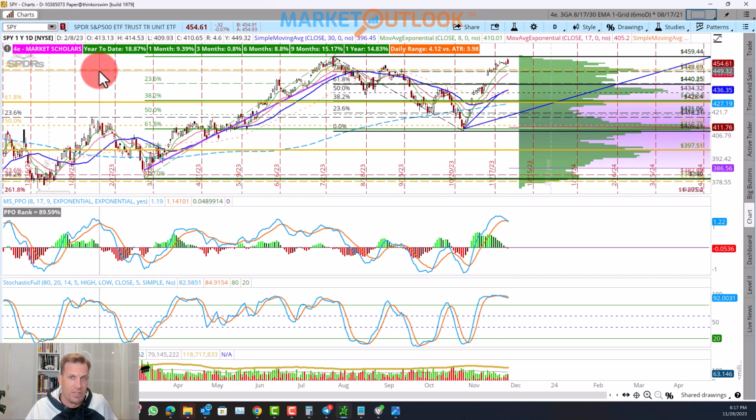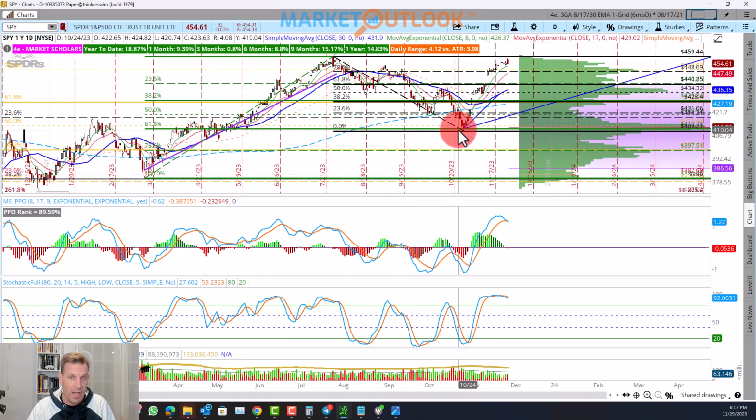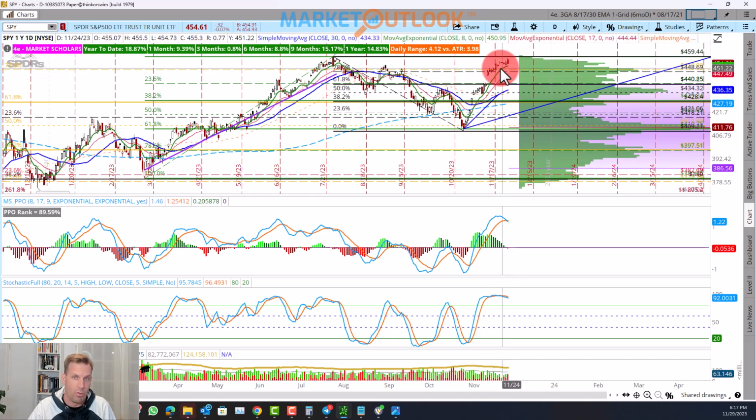You're still above the 78% retracement, like we were back here in July, of the whole correction. And then, of course, you are back up above the 78% retracement of this decline that we've been on. So you made our way up above that too. And then, of course, easily above the 23% retracement once we had the CPI report, right? Once we broke out there on the CPI report, we got above the 23% retracement of this line. So very, very good move that we're still at very strongly bullish levels,